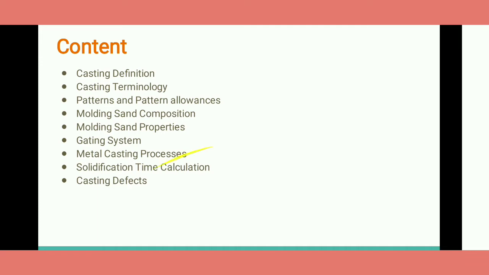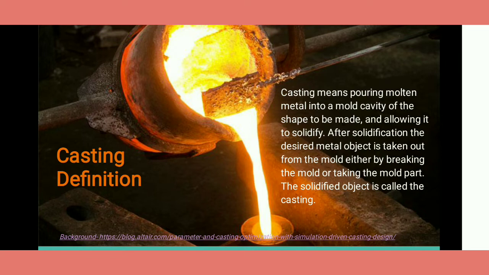Okay, so starting with the very basics, we'll start with the casting definition. In the background you can see a picture: there is a ladle through which the molten material is coming out, and we are filling this molten material into a mold cavity. At the bottom you can see a mold. It is basically a hollow mold, and this mold is made up of